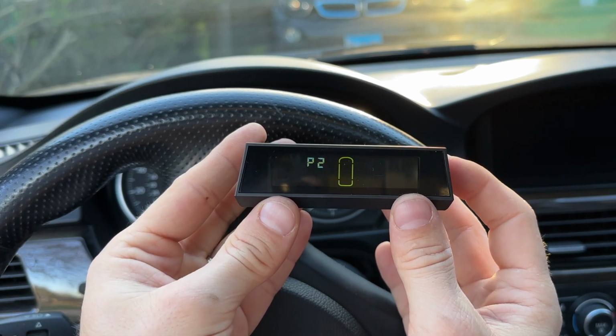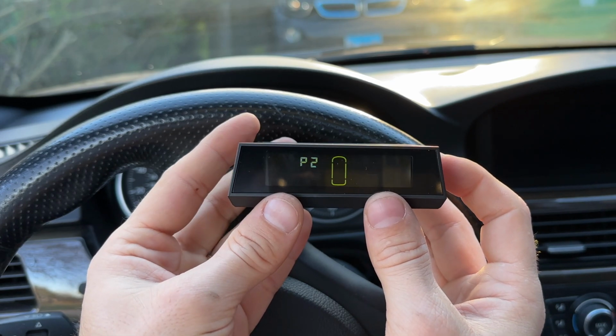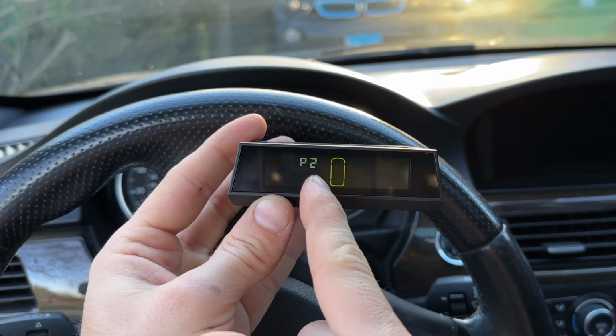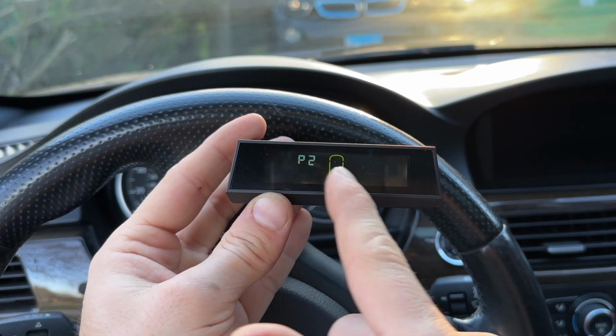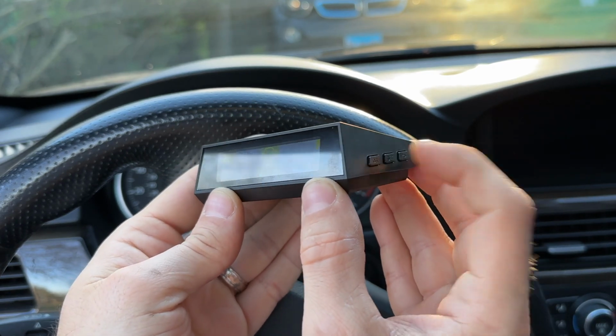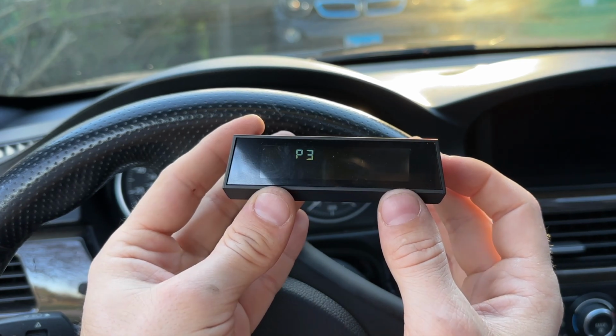So that's the function that I was talking about. You can change where the sensors are. So if you want to have your car sensors like, let's see, 4 and 5, and then 3 and 6 is your trailer, you can do that as well, no problem. But I'm gonna go to setting number 3, or position number 3 here, and that's gonna allow us to change